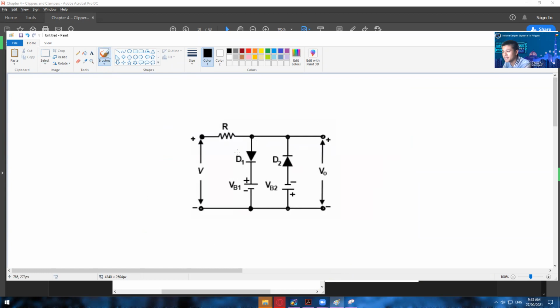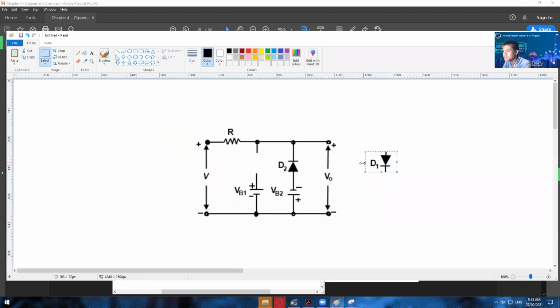So in case this D1 was, how do I rotate this one? Rotate for vertical. So just in case this D1 became like that, we cannot call this one a dual clipper anymore because this one doesn't work as a dual clipper. A dual clipper has only one